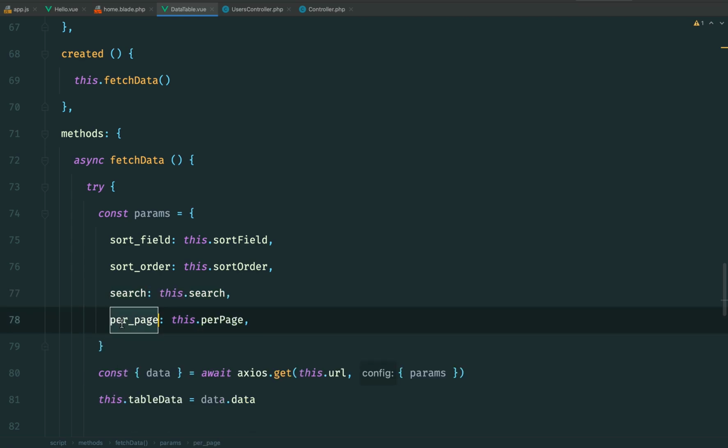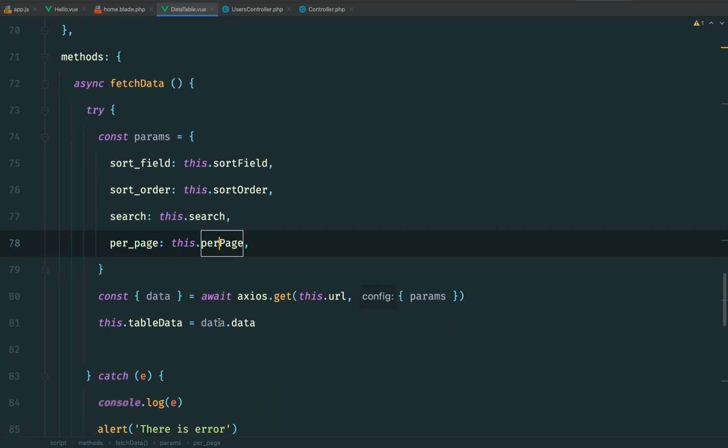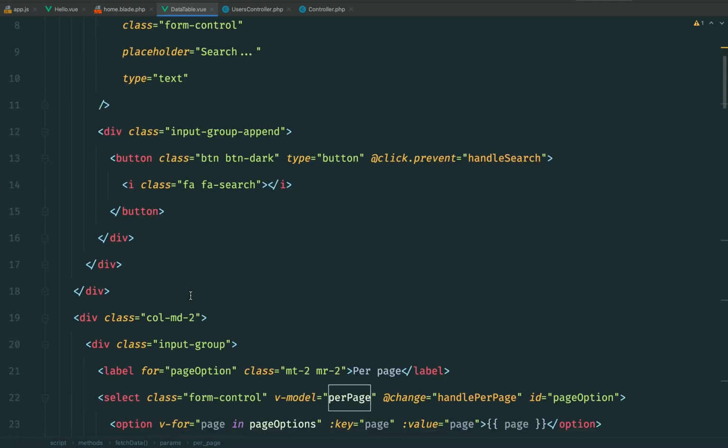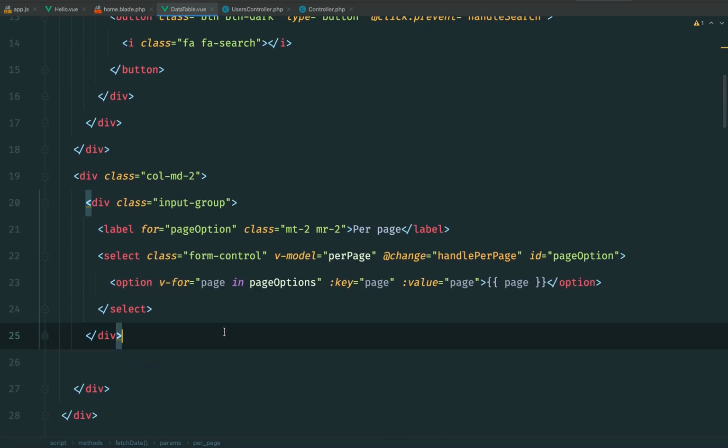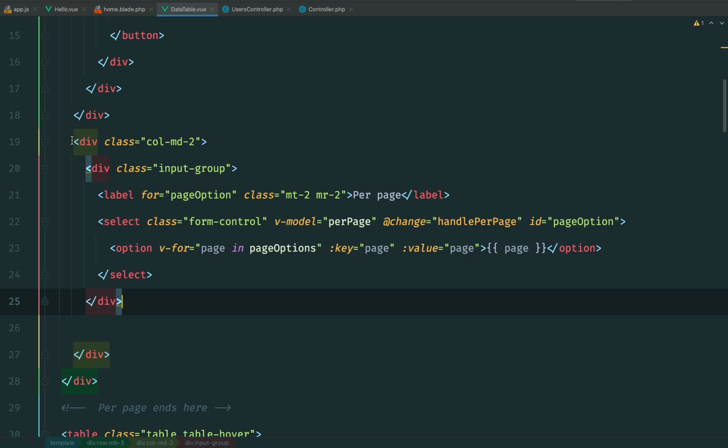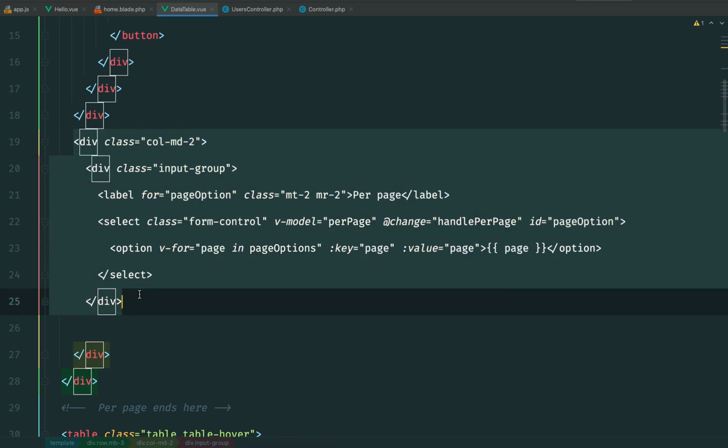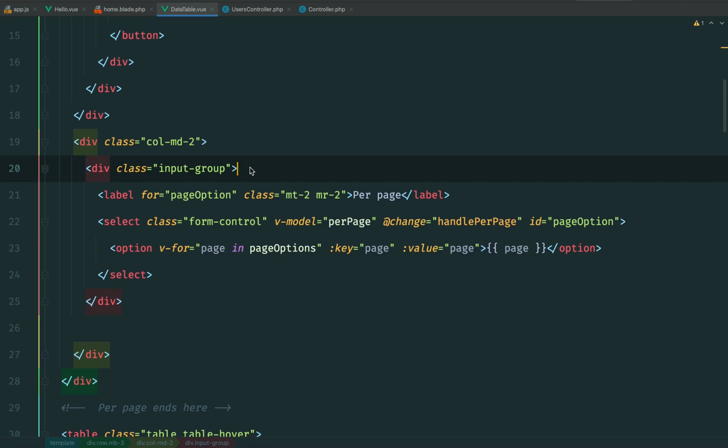And for the per page, since we are implementing this per page functionality as well, we need to add something like per page over here so that this can be done. So the next thing we can see is for this input field, for showing the per page, this is another div. We have added the input group, basically Bootstrap's design, and we are looping through the page options that I added, which basically says I want to choose from 5 or 10 or 20 or 50 data for now. So we are looping through all of those and then setting the values in this option for